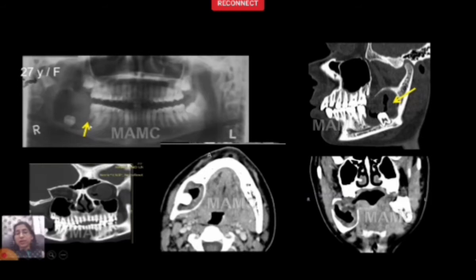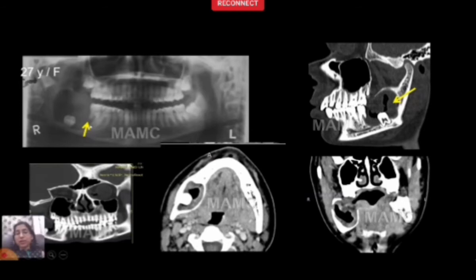So usually an incidental finding many a time. But what we need to remember here is that it should not be confused with a radicular cyst. It may look as if it is in association with this apex. However, the management of the two lesions is entirely different. An NPD cyst and a radicular cyst are managed completely differently. So we need to be sure what we are talking about, and for that, we need to trace this cyst into the nasopalatine duct. We need to see whether it is separate or continuous with the nasopalatine duct. Also here, the roots of the tooth are actually displaced around the lesion rather than lying within the cyst. So this is an example of a nasopalatine duct cyst.